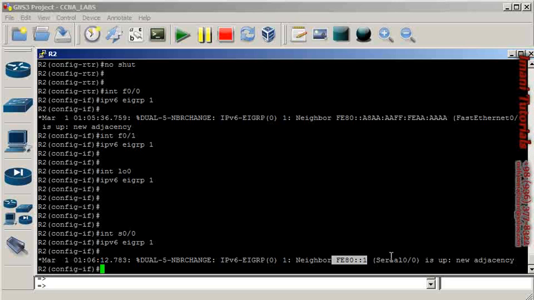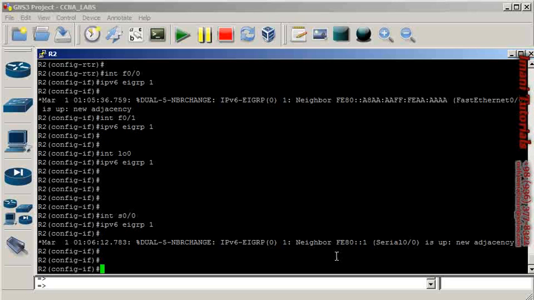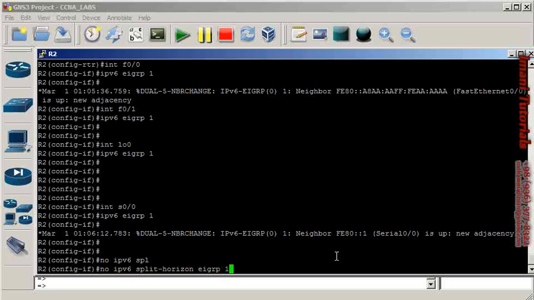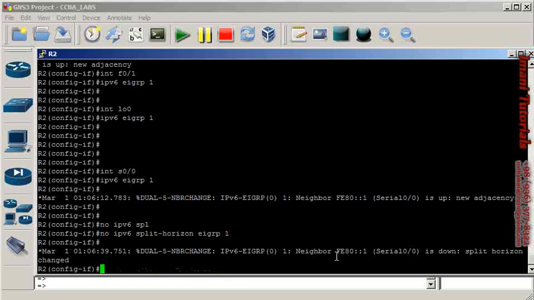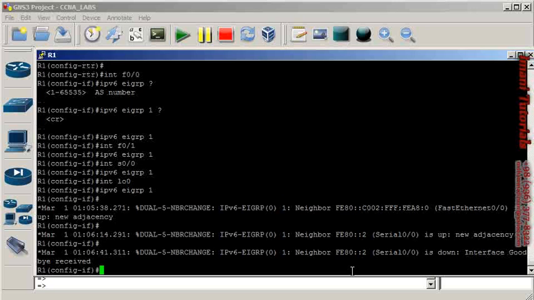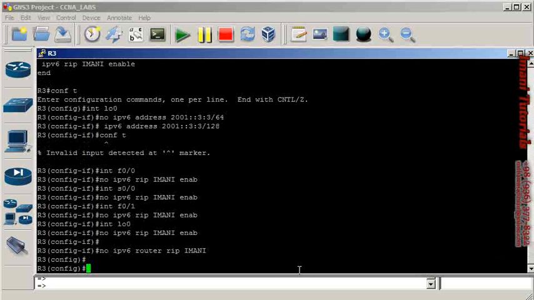And under IPv6 EIGRP, I can see this command, no ipv6 split-horizon eigrp for process number 1. This is the command that I use on multiple interfaces that are acting as hubs in my Frame Relay configuration. So I added the same command here, and now I have split horizon disabled here for EIGRP process number 1. I have this configuration on router 1. Let's go to router 3 and add ipv6